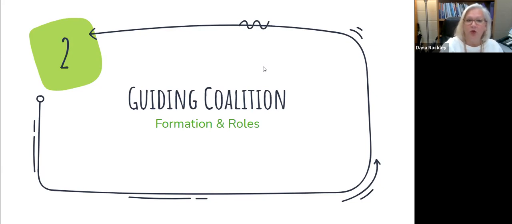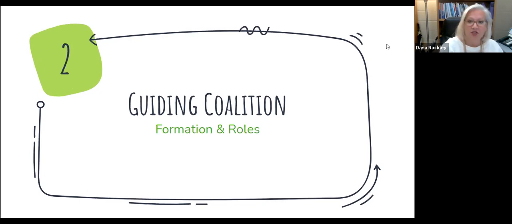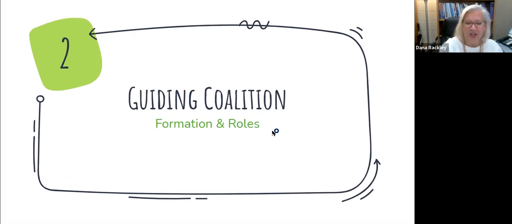You want people who are trustworthy. They are respected educators in your building. They're knowledgeable about educational practices, what is best for kids, the PLC process. You want the right people on the bus because they're making decisions for the entire school. So you definitely want to make sure that you choose people that are willing to live the mission, that they're going to champion that mission and the vision and help keep everyone accountable.